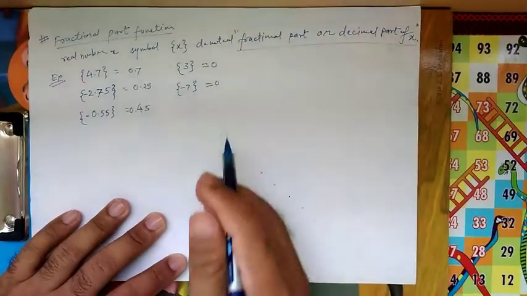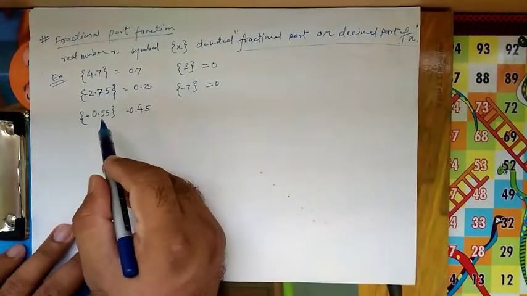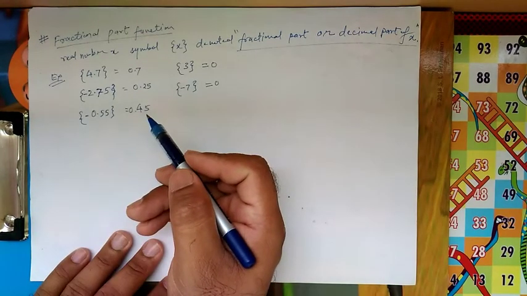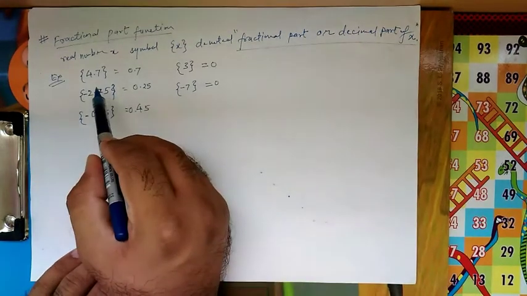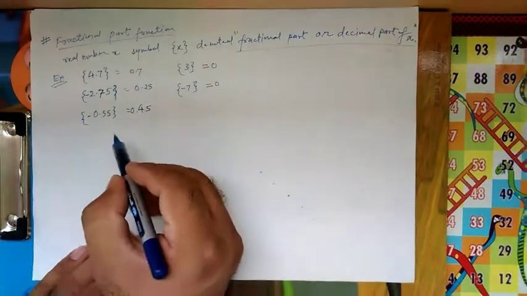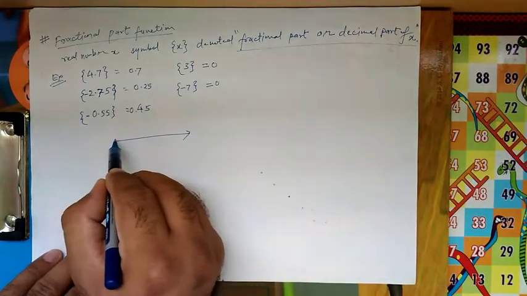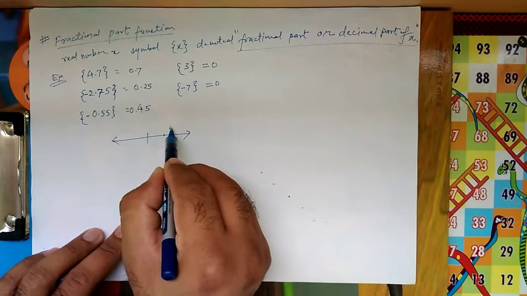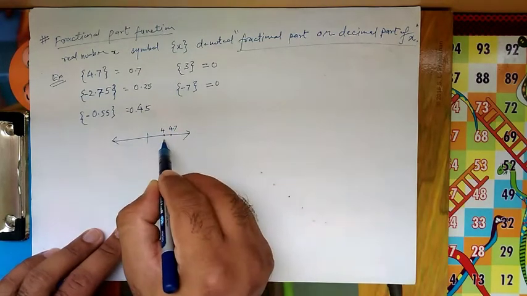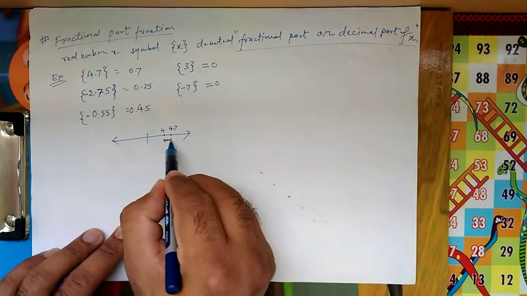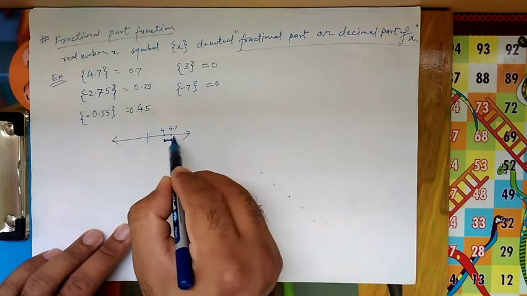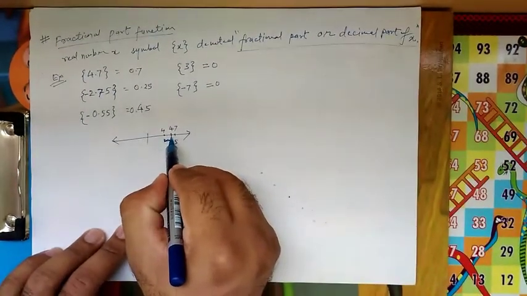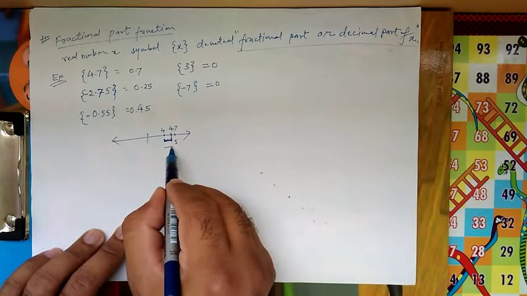Will get 0. Means whatever you are getting nearest to that integer. Here on the positive side there are two things. Say this is 4 and this is 4.7. So the only thing is it is considering only this fraction part. This is say 5 and this is 4.7. So it is considering only that part.